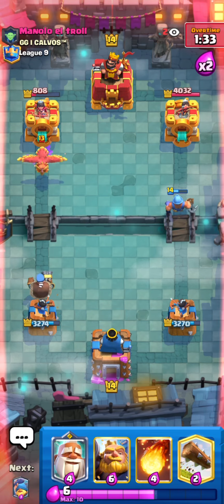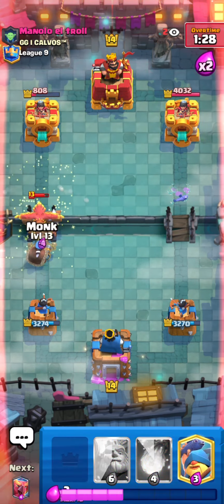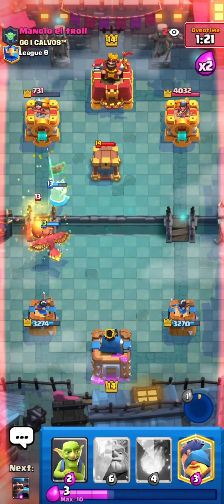But yeah, Hunter does great against E-Giant because for some reason only one of its shots gets reflected, or a few instead of all of them. Gonna try and protect this Hunter with my Monk. Kind of messed up, but it's alright. Gonna Phoenix to make sure the egg gets taken out, and I'm just chipping him out with my Monk ability